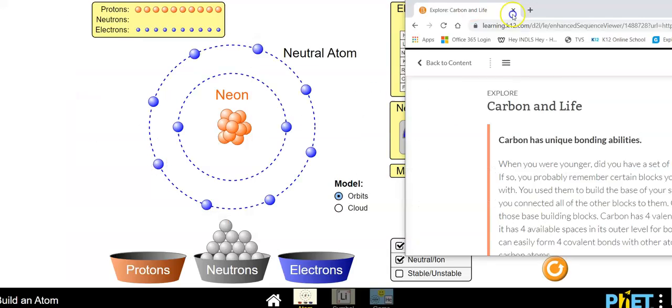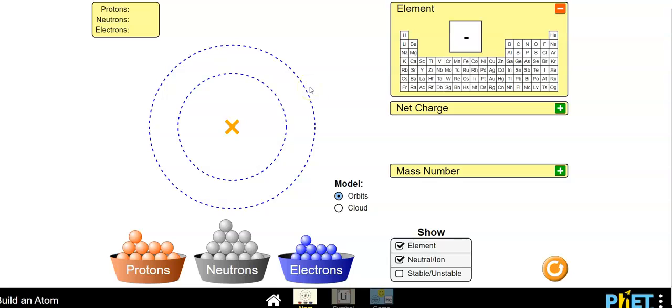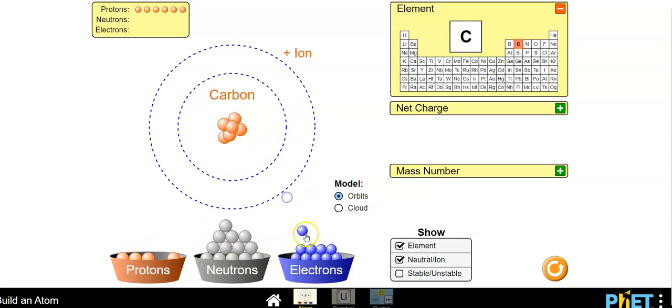So let's take a look at that. So I want to show you what carbon looks like and why it is so unique. We'll build carbon. It's going to have 6 protons and 6 electrons. 1,